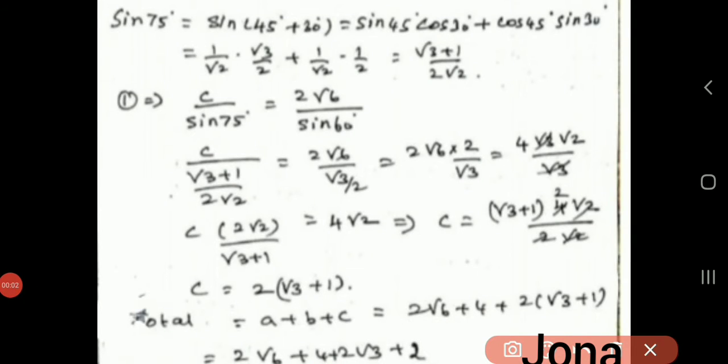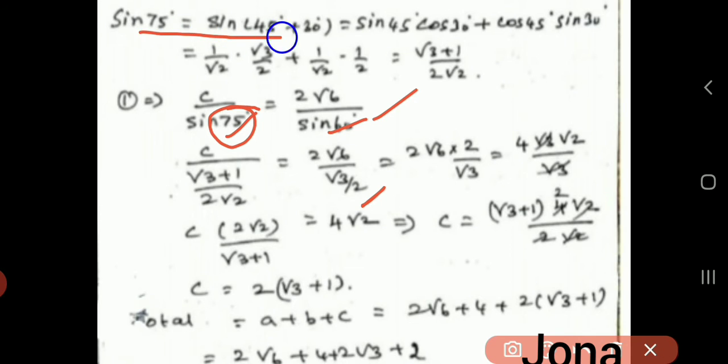That C by sin C is C by sin 75 degree, and A by sin A. So just substitute all the values here. Here I want to find the value of sin 75 degree. Sin 60 we know, that we can straight away substitute here. That sin 75 we want to find.